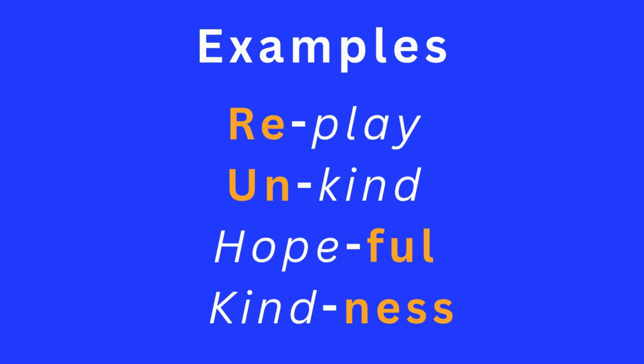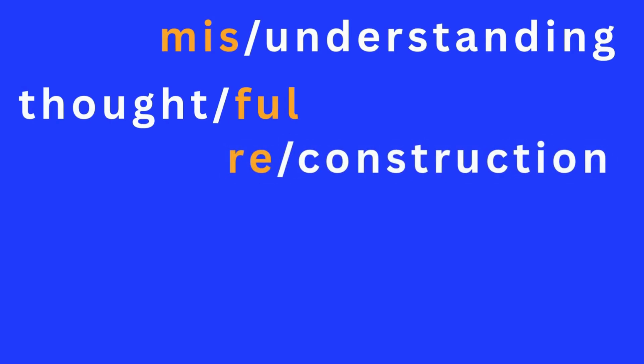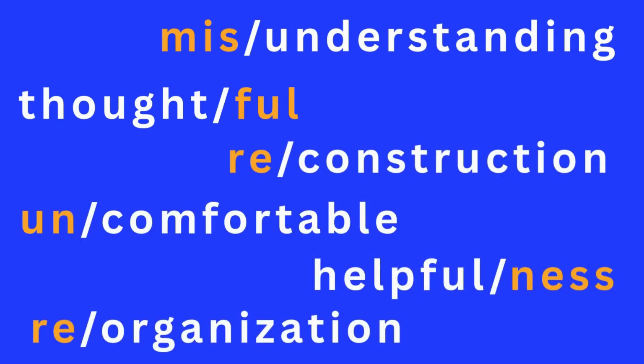Let's practice the words again. Replay, unkind, hopeful, kindness. Each word becomes easier to pronounce when we break it into meaningful parts. Understanding prefixes and suffixes is very important in English because many long words are built this way. Once you can identify these word parts, you will find it easier to spell unfamiliar words, understand the meanings, and